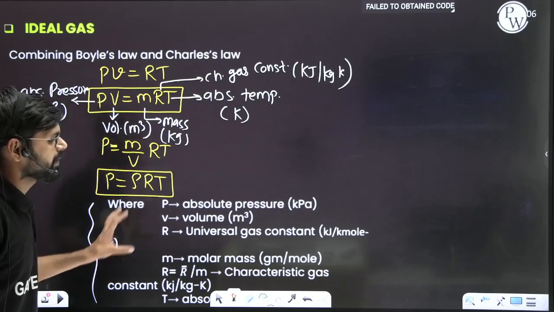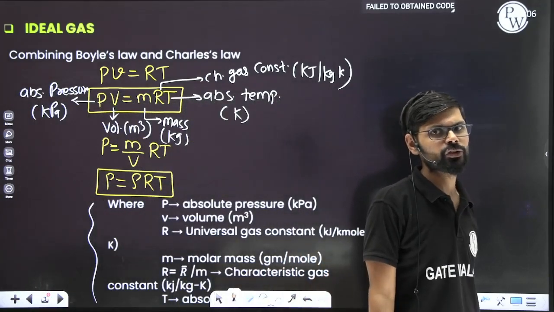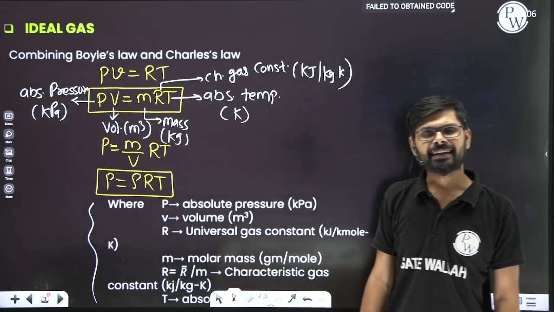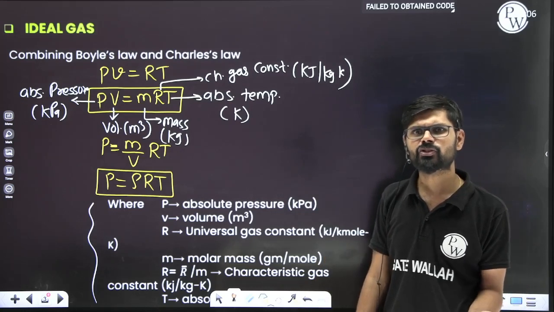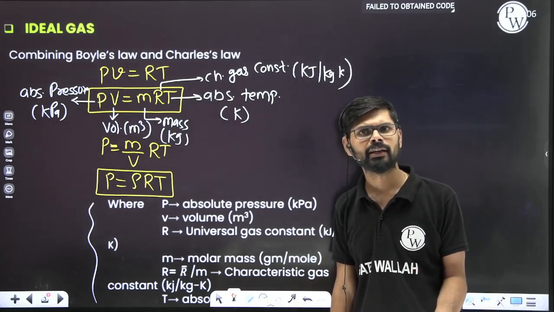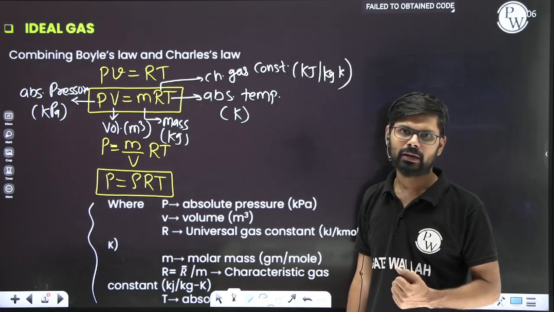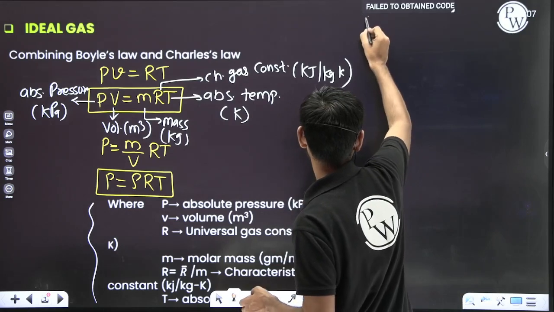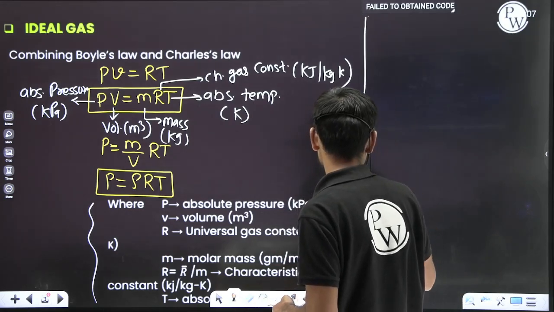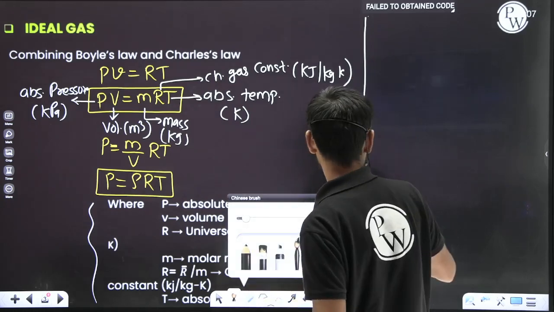Now this is a very basic equation for ideal gas. So from now onwards, if someone asks you what is an ideal gas, you can say that a gas which obeys the ideal gas equation, meaning PV is equal to MRT or PV is equal to rho RT, at all pressure, temperature and volume is called an ideal gas. Now one more term is defined here, that is known as the number of moles. Please listen here carefully. Number of moles.